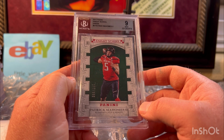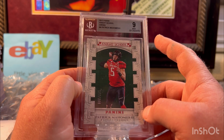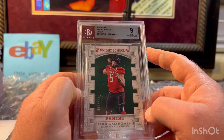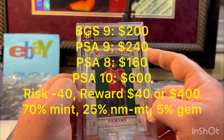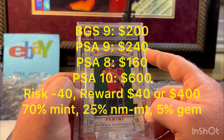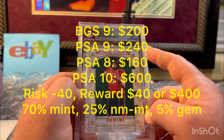But it's a for sure PSA 9. And I'd rather see it in a PSA 9 slab. But it does have an outside chance at a 10, even with that touch of white. You never know. But value-wise, right now as it sits, $200 in a BGS 9. I would say a PSA 9 is closer to around $240. PSA 8, that would probably knock it down to $160, but I don't see it getting an 8. I just don't. But a PSA 10 outside chance,